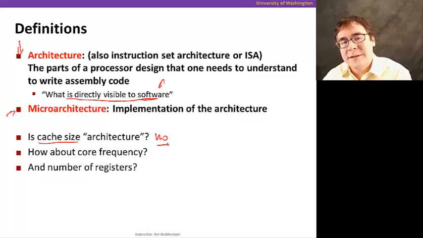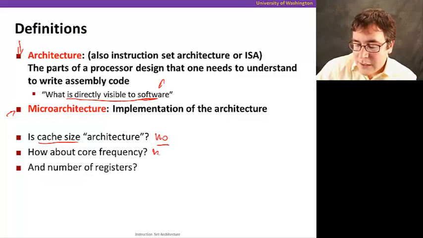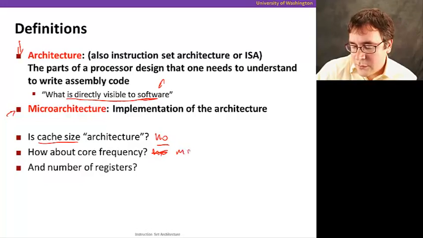How about core frequency? Well, core frequency is also not something that software knows explicitly. Software doesn't care all that much about what the CPU frequency is. The user does, because it makes the processor faster. But when writing assembly code, you don't know it, and there's nothing in the ISA that refers to that. So core frequency is part of the microarchitecture,